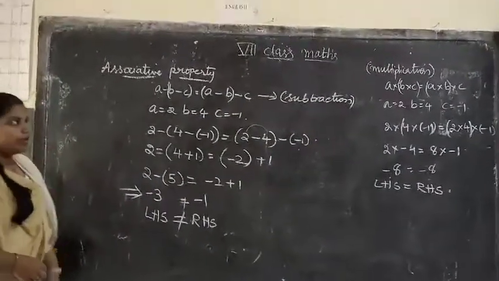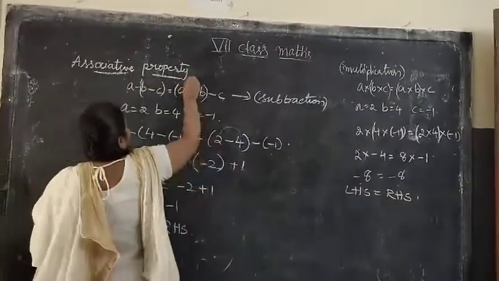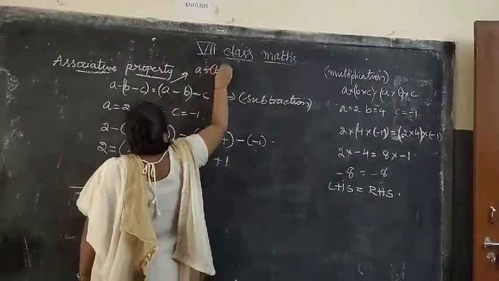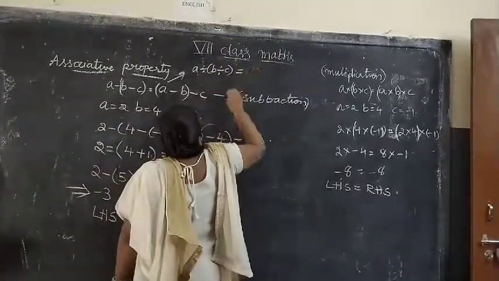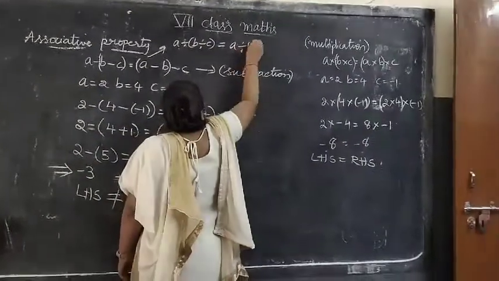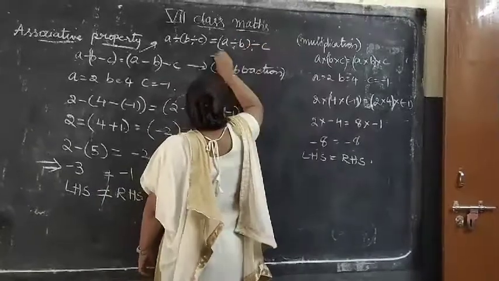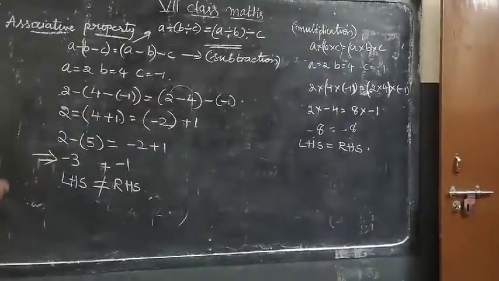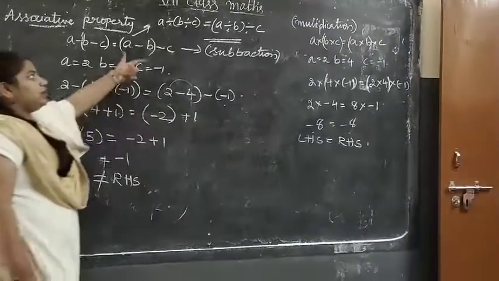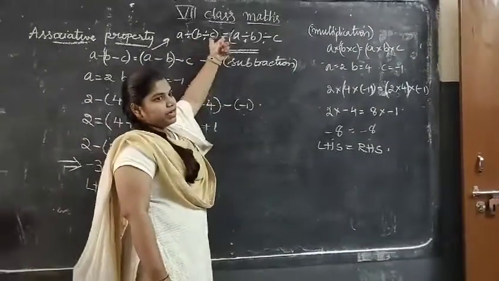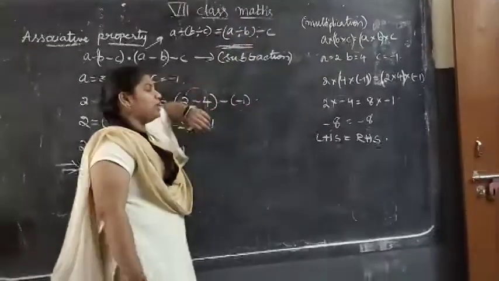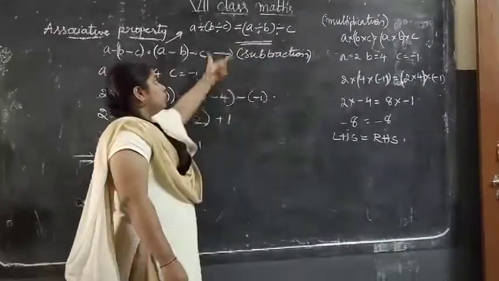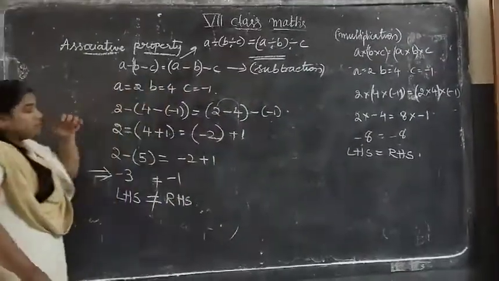So in the same way we can try for division. How to write a general form for division? A divided by B divided by C is equals to A divided by B divided by C. So this is the general form for associative property and division. You try this one, it will be not satisfied. LHS value and RHS values will not be equal. If it is equal also, they will be not integers. So try this part. Next one is